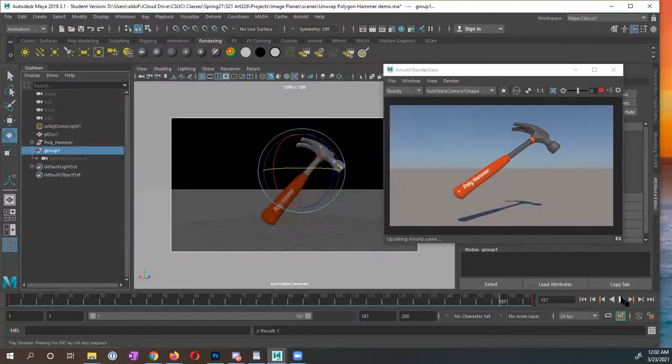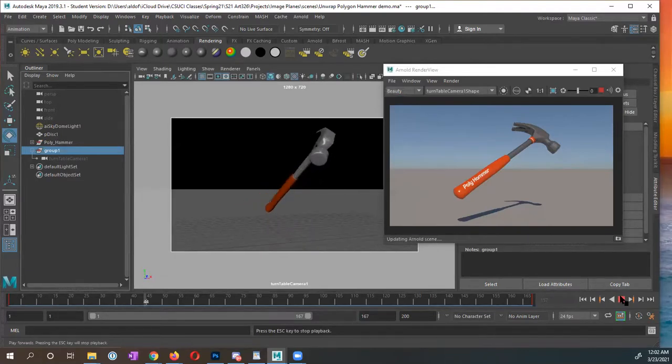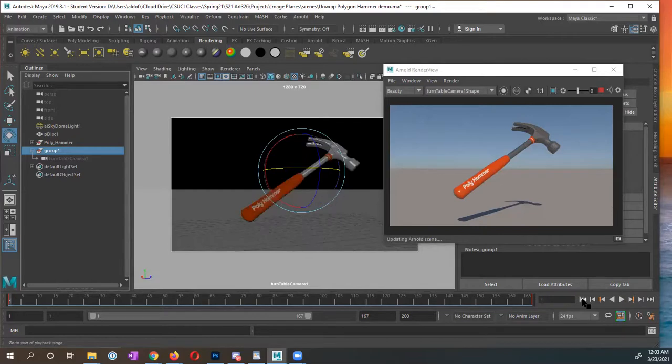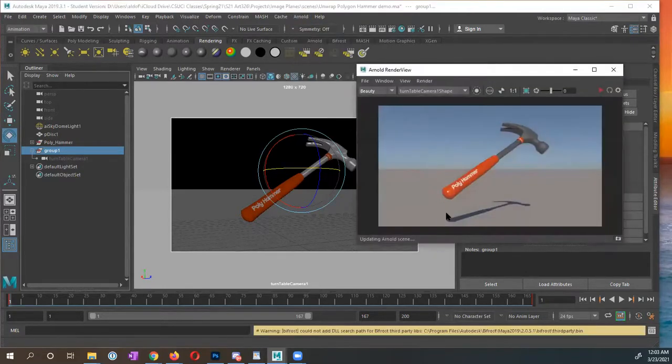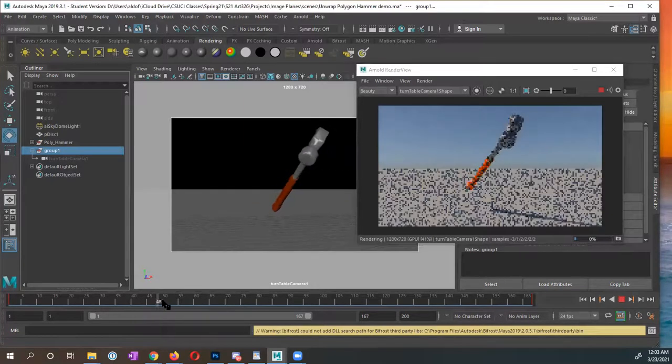So when it rotates, you'll notice that it's going to be just rotating at a constant rate. Then rewind. Let's see. And close this window. Let's see if it opens up. Okay, there it is. So now as I rotate around,